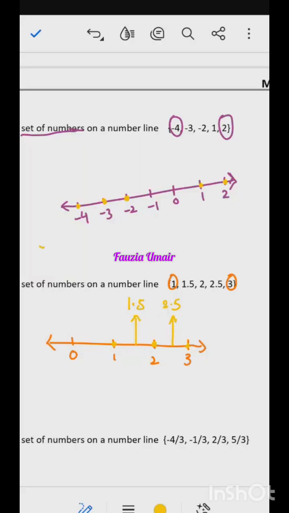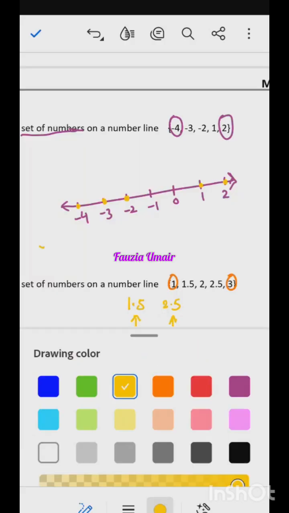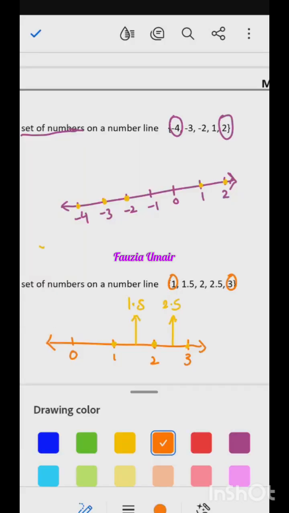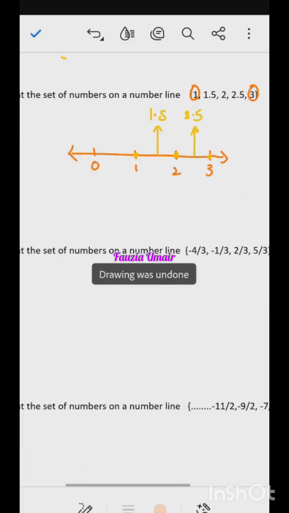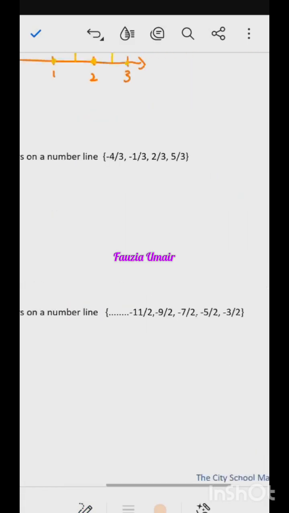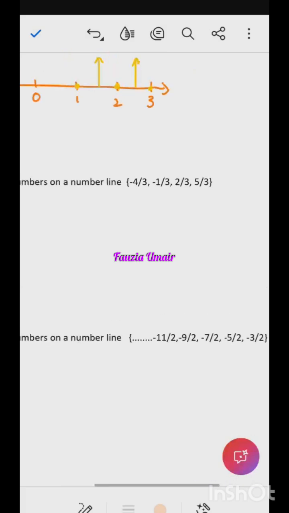All right. So let's solve one more question and then we will stop solving these. So we are left with two parts. So next question is,